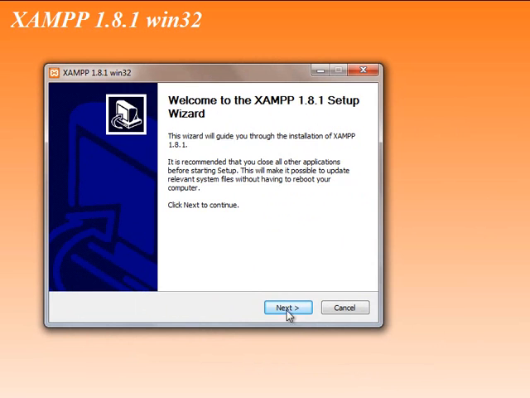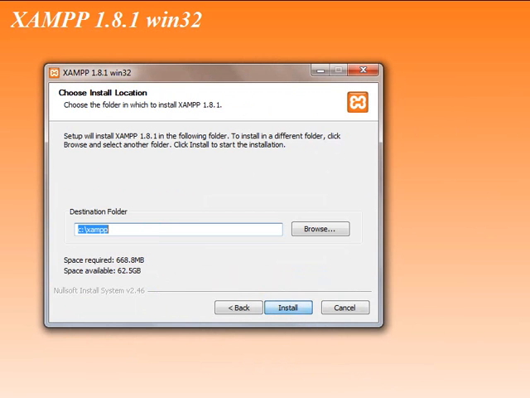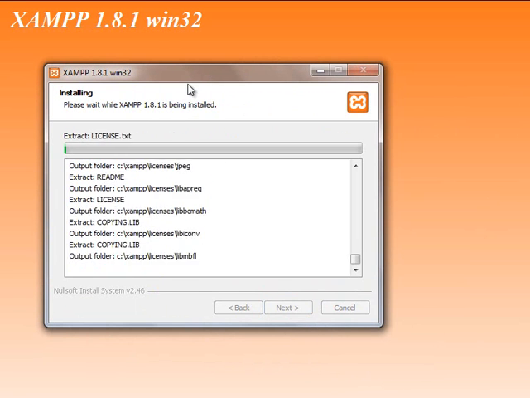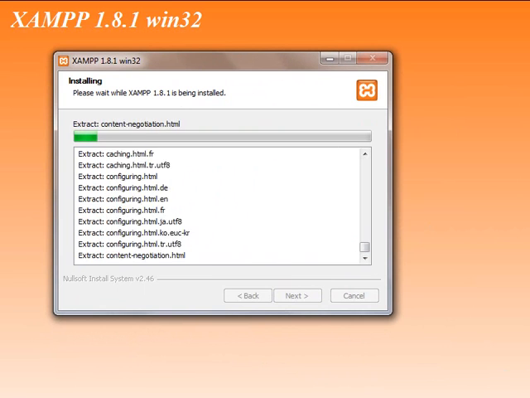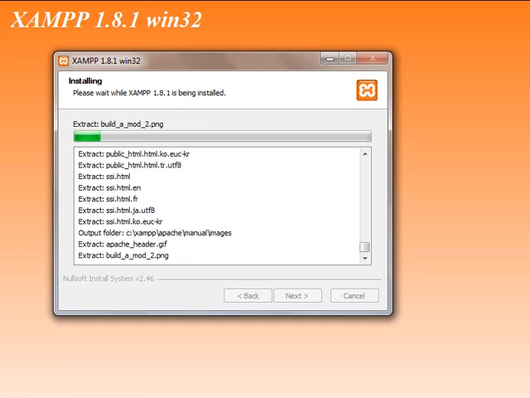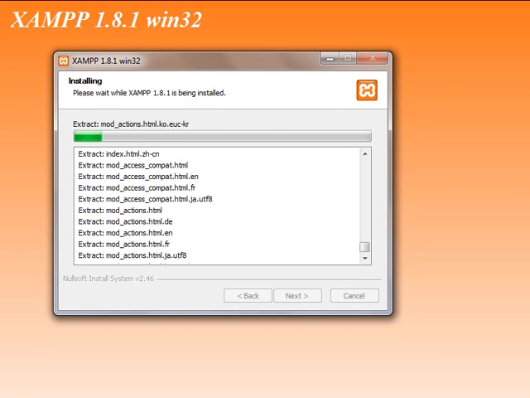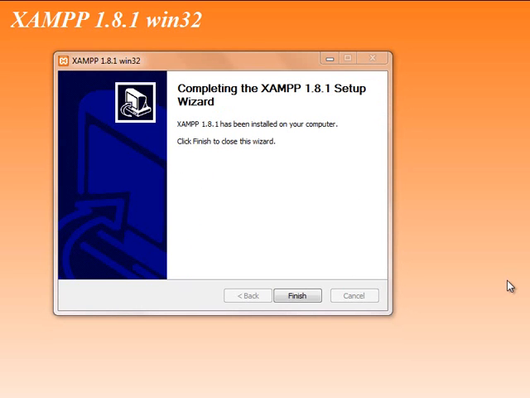And now next, install. Now the XAMPP server is being installed. It will take a bit long to install the XAMPP server. Now the XAMPP server has been installed. Click on the finish button